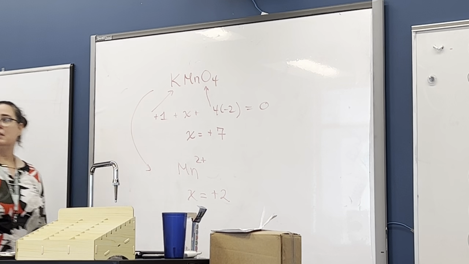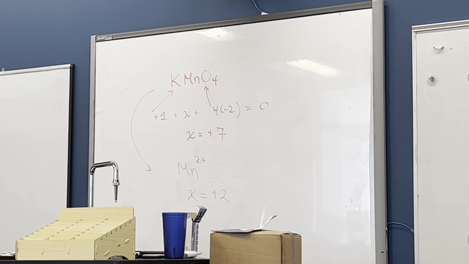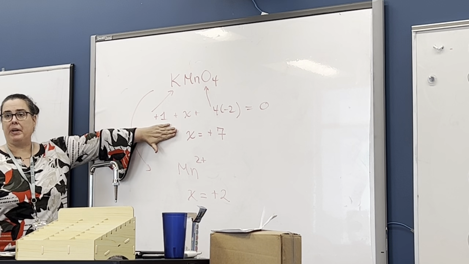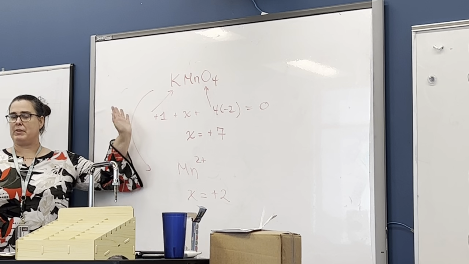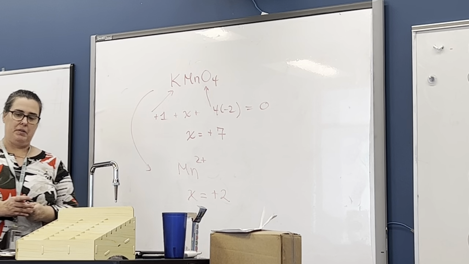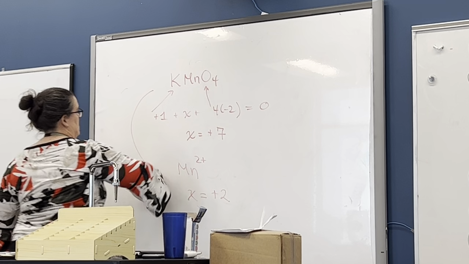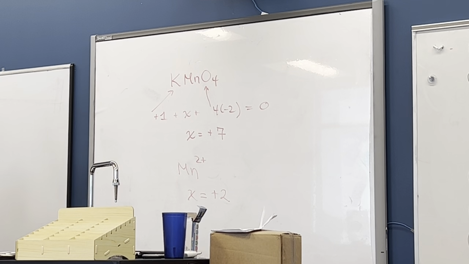Gotcha. So does that look like reduction? Yes. Reduction is gain of electrons. Yeah, it does, because we gain 5 electrons. So now I have this, from the top one, which was +7, so missing 7, to the bottom one, which was +2, so missing 2, he got 5. Is the reason why we set it equal to 0 because the atom